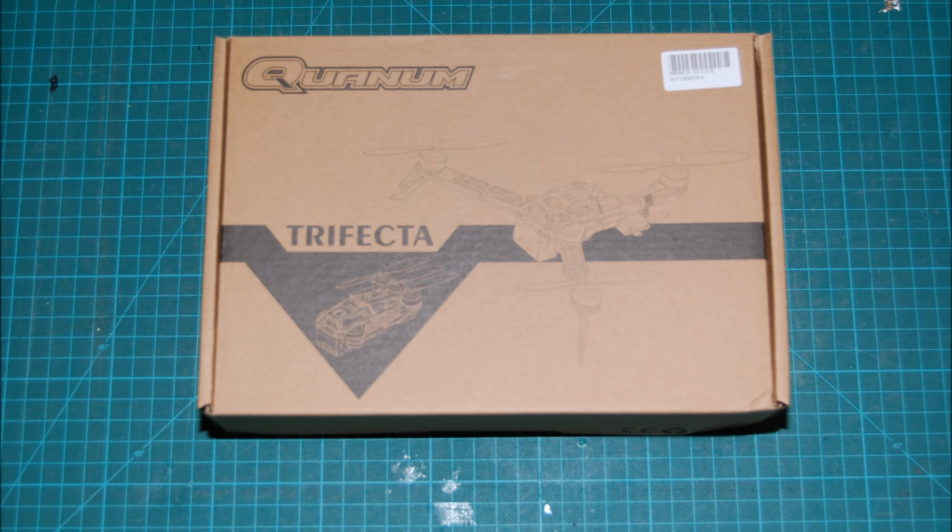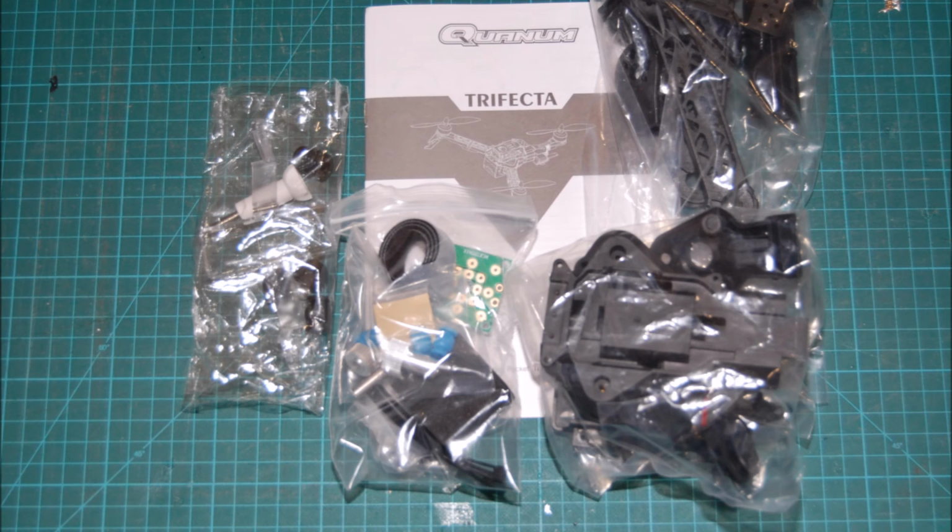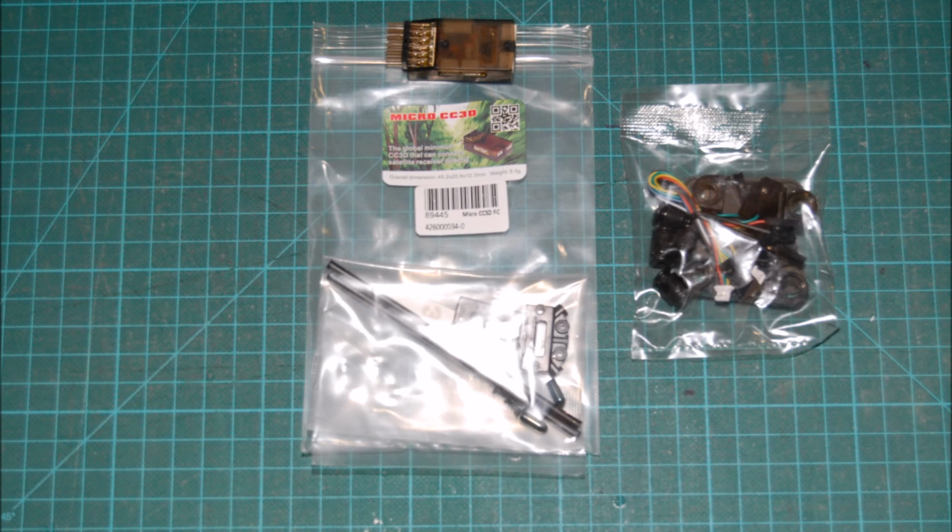Okay, so what we start with is the box of goodies that comes. Everything inside is for the model and is well packed, and actually the quality was very good. Very happy with the stock parts. You've got a good manual, you've got a PDB board, a distribution board, you've got mounts for the GoPro, mounts